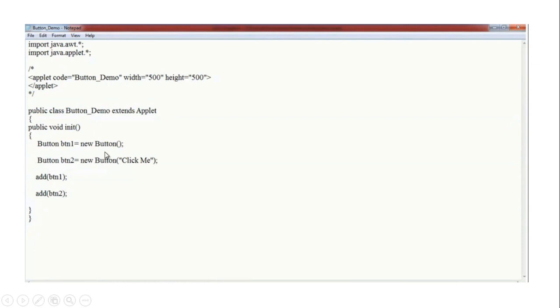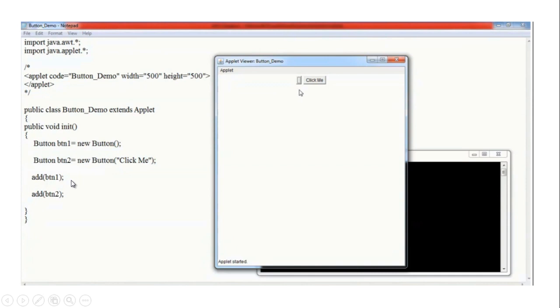Here we are creating another button, but it has the name click me, so it will be displayed on that button. And after that we have to add the two buttons, button 1 and button 2. For that we are using the add method, add(btn1) and add(btn2). So let's see the output for this program.